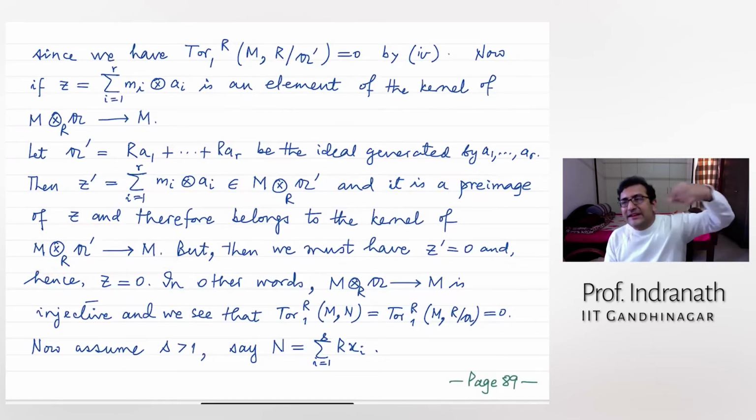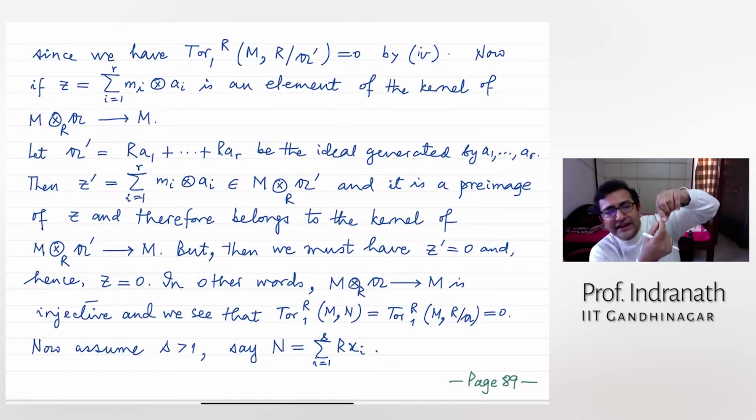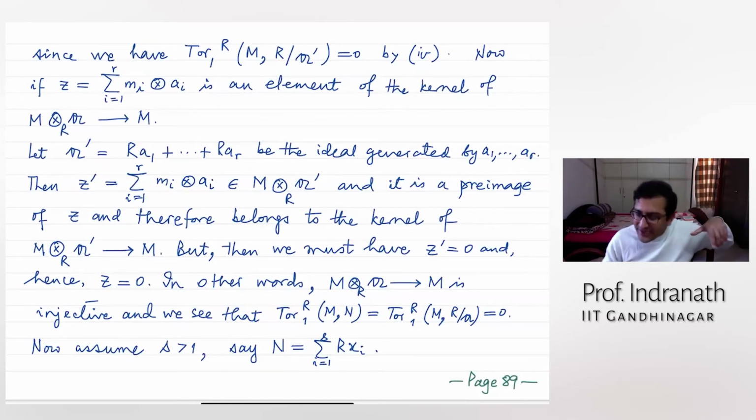So basically this whole thing is that since you do not have a finitely generated ideal to begin with, but you want to show that you have the injectivity, so you start with an element and you somehow find another module and a map from that module such that this Z dash is mapping to Z, and here you have the finitely generated condition.